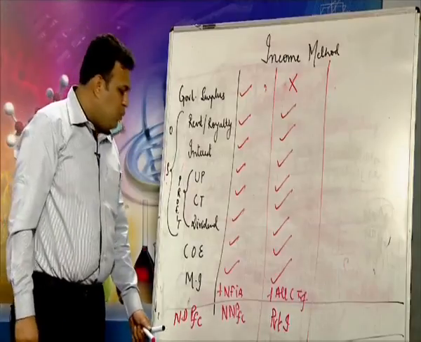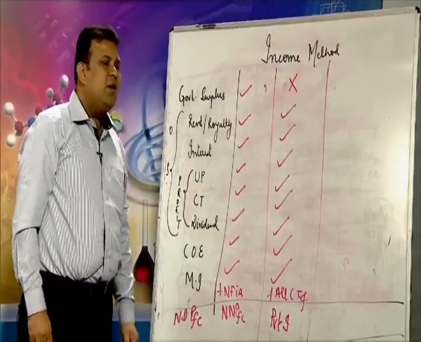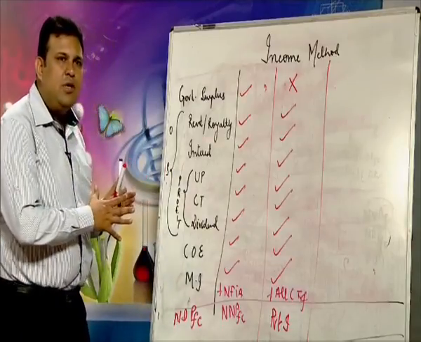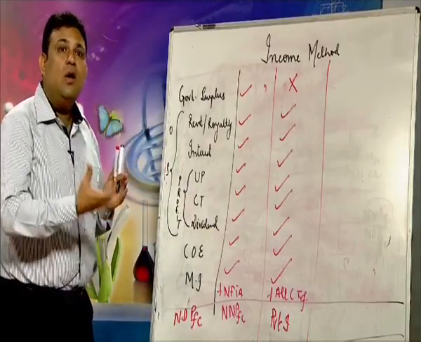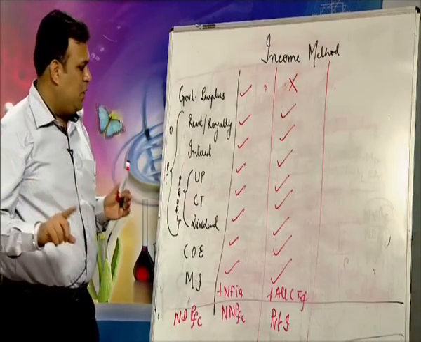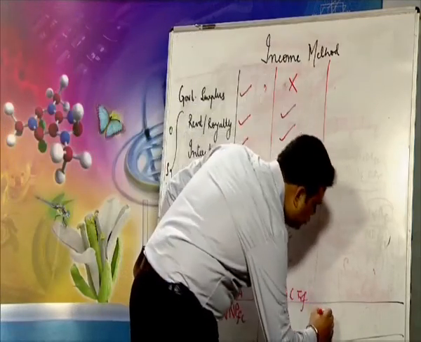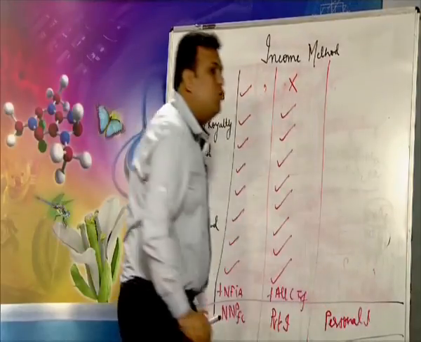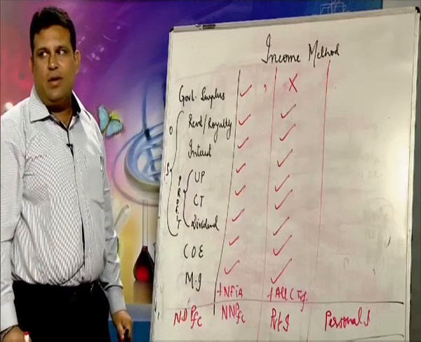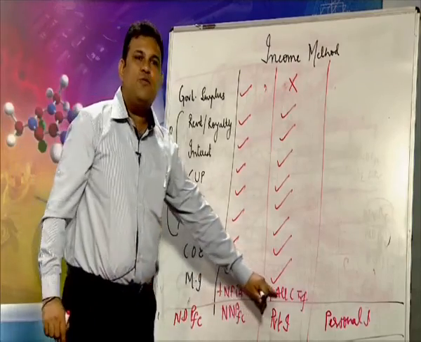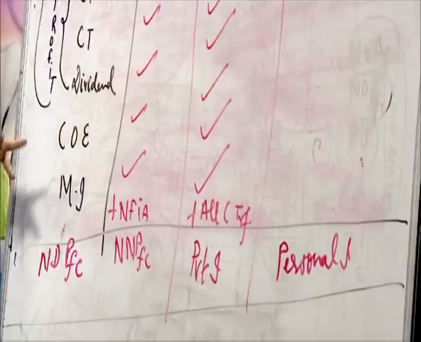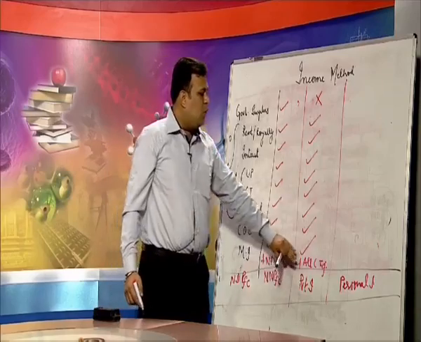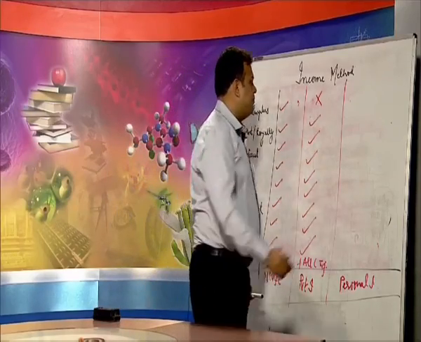There is a difference between domestic income, national income and private income. Domestic and national income only talk about earned income, no unearned income. Whereas private, and then we switch over to personal income. In personal income we also talk about unearned income. Unearned income is transfer payment. Earned income is rent, interest, profit, compensation. Now when we switch over to personal income